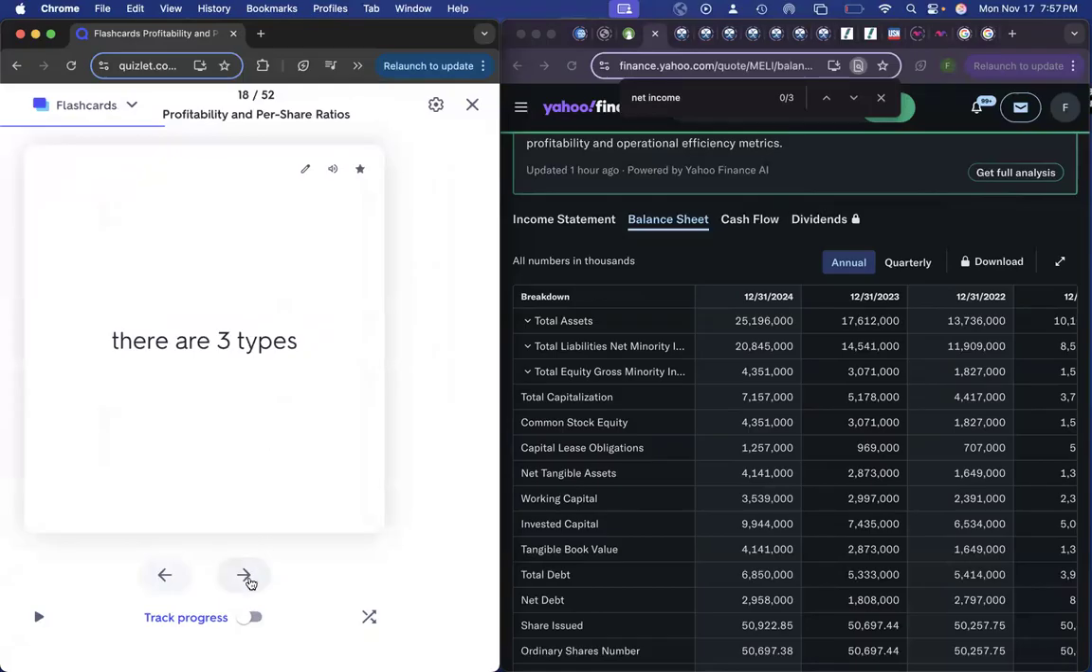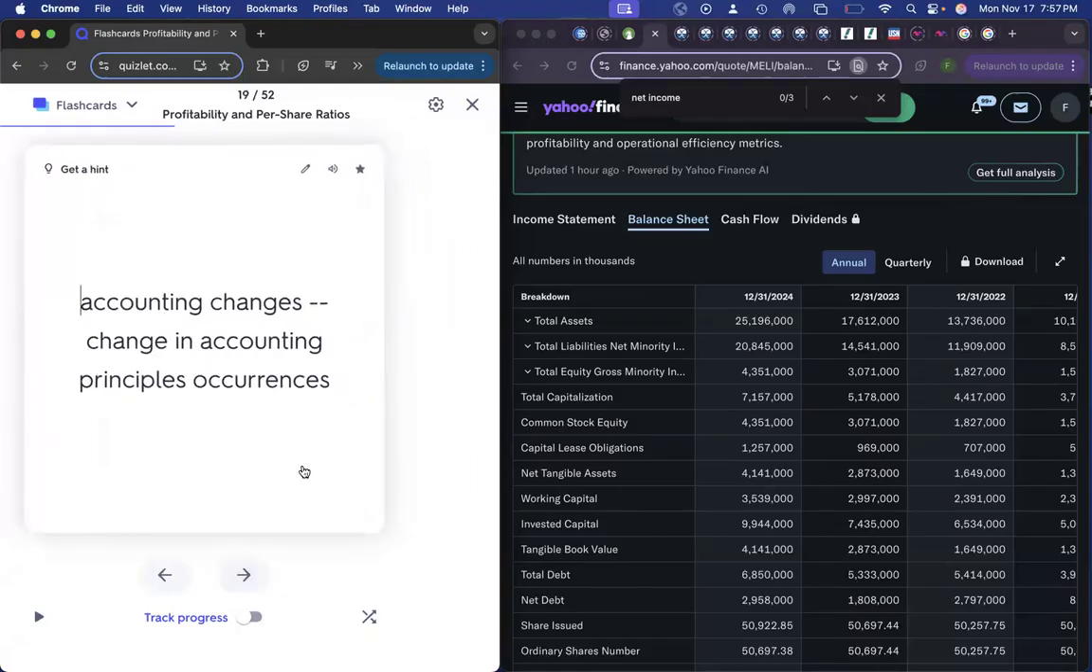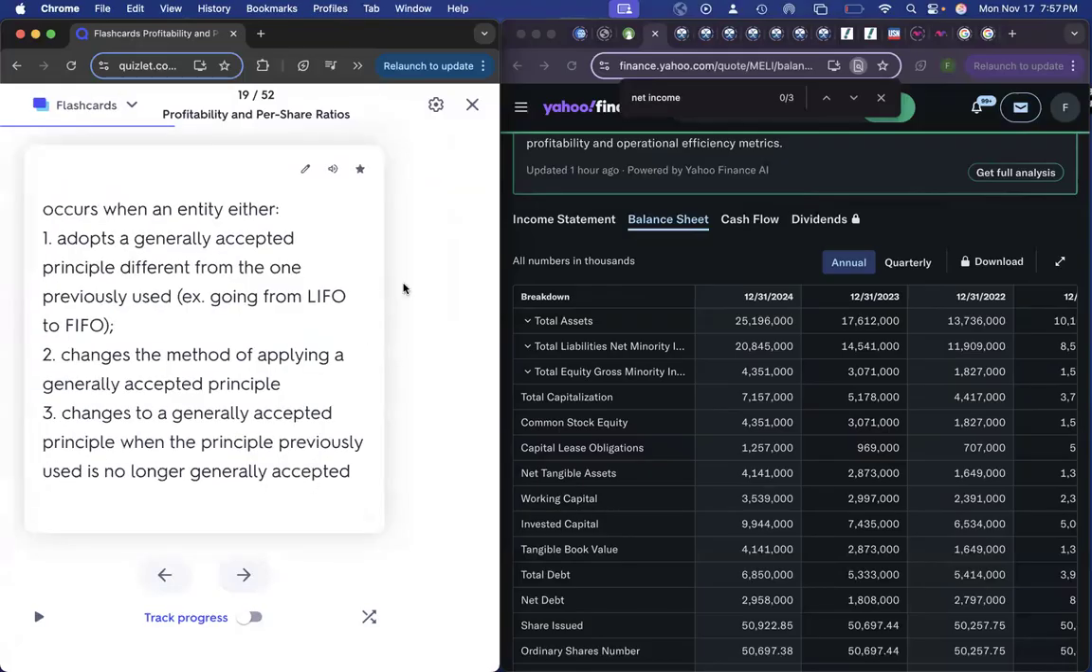Accounting changes. There are three types. The first one is change in accounting principles, and these occur when an entity either adopts a generally accepted principle different from the one previously used, like from going LIFO to FIFO, or when they change the method of applying a generally accepted principle, or when they change to a generally accepted principle after the principle previously used is no